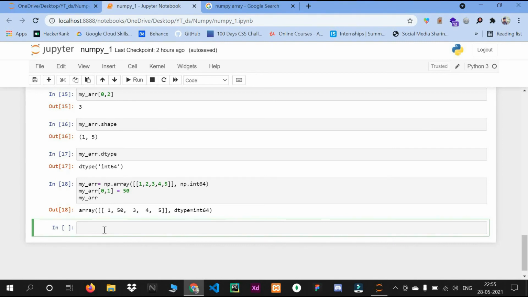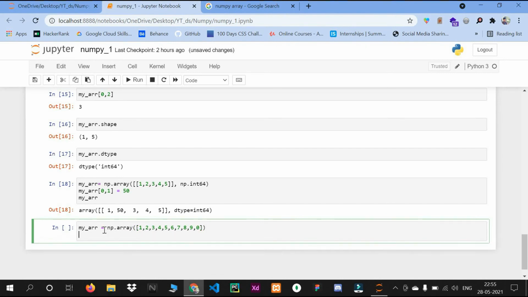Next, reshaping an array. So how can we reshape an array? Simple way: I will take a new variable, the same variable, and I will create a new array. Just pass any random digits.